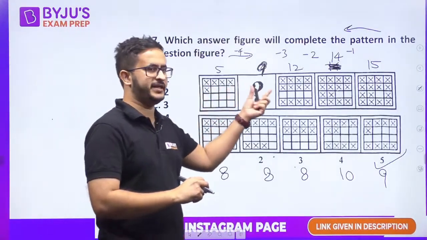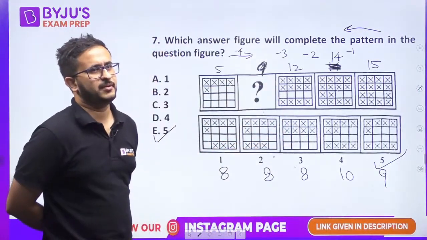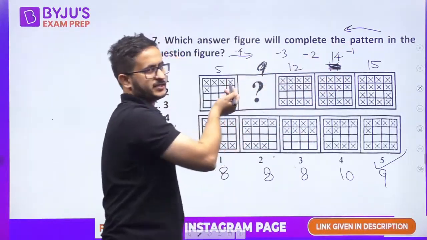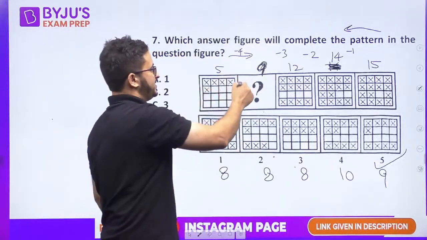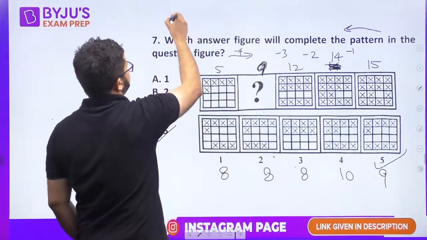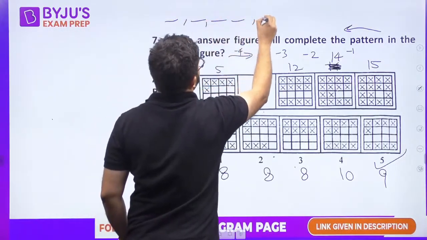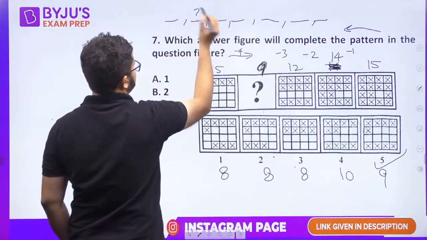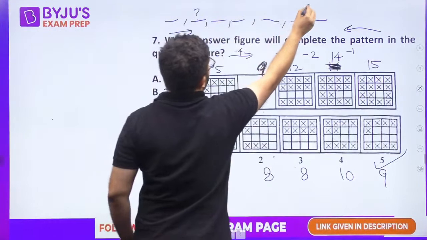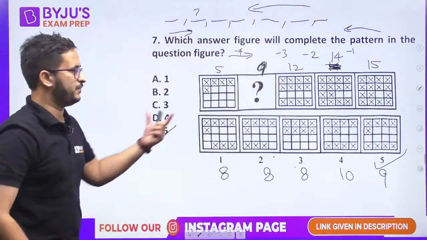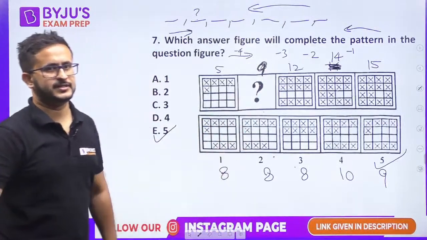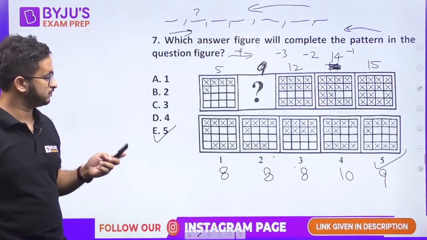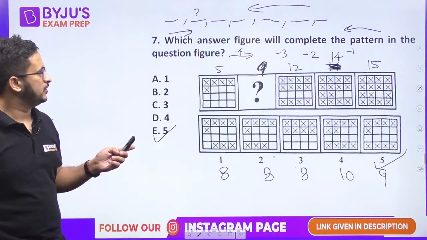Wherever there is counting involved, there can be something related to number series. 5, 12, 14, 15, one number missing, so think in that direction. Number series also exist, for example, suppose a number series is given, this number, this number, this number, and one number is missing. So do not look at the series from here to here, look at the series from here to here. Likewise we did in this case. So I have got 9 as the right one. Yes Mahima, you are right, that is the reason, and that is the sequence.